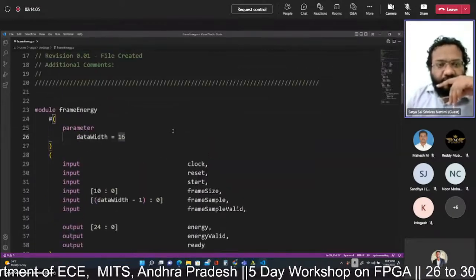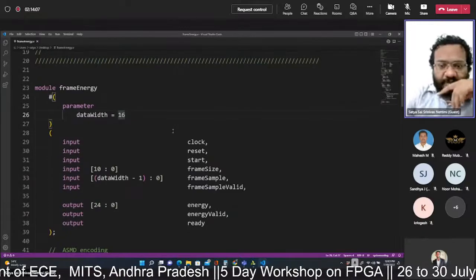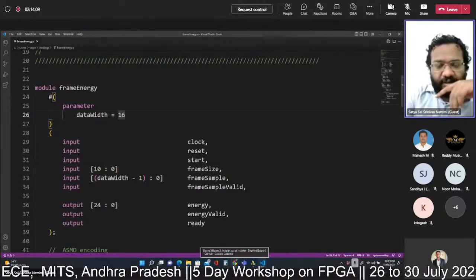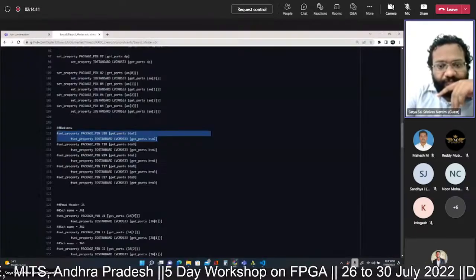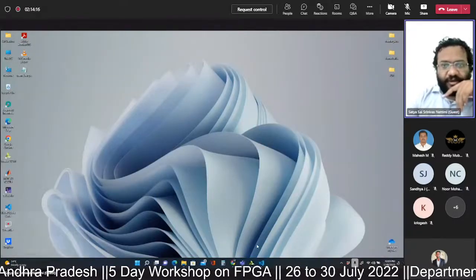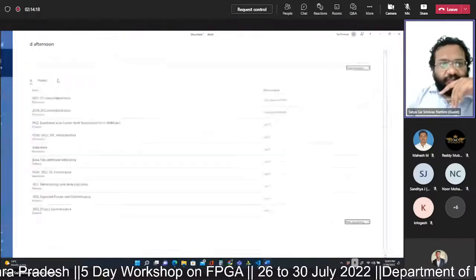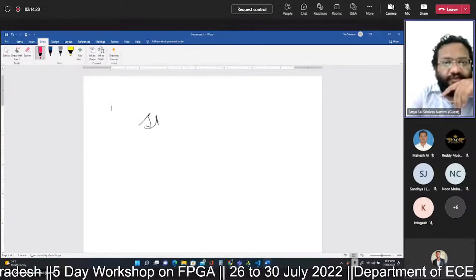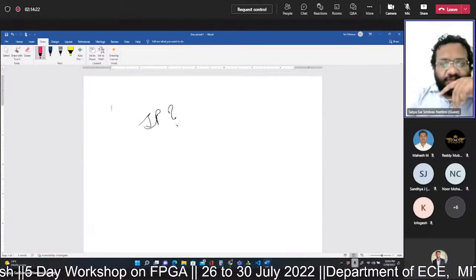So then why do we use IP cores? That is one more thing. I have addressed the first concept, what is parameterization. The second concept is why we have to use an IP. Again, if you see,